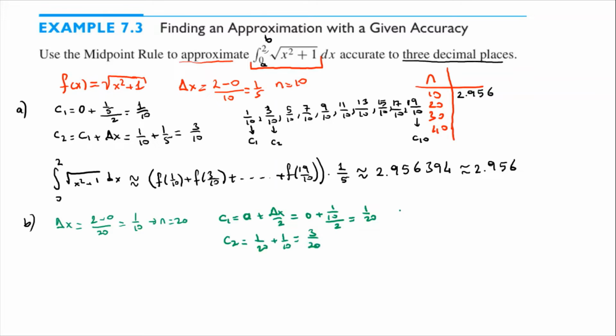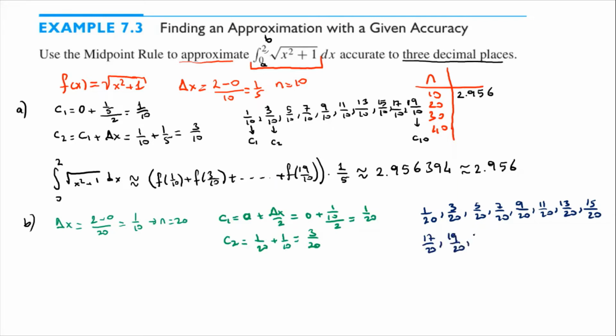Okay, let me write them here. I got the first one, 1 over 20, then 3 over 20. You have a sequence here. Can you continue? 5 over 20, 7 over 20, 9 over 20, 11 over 20, 13 over 20, 15 over 20, 17 over 20, 19 over 20,